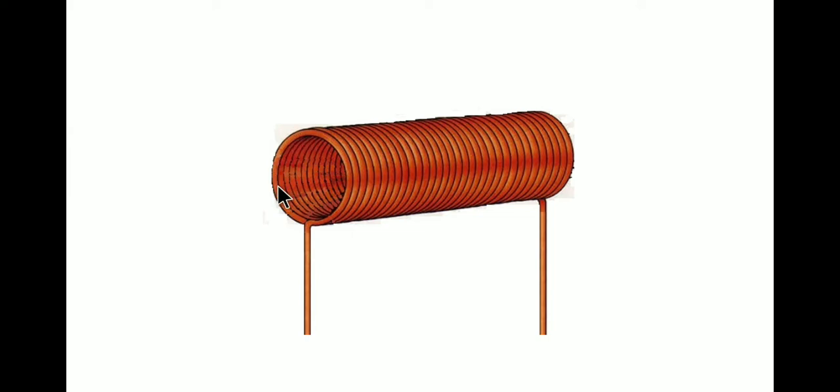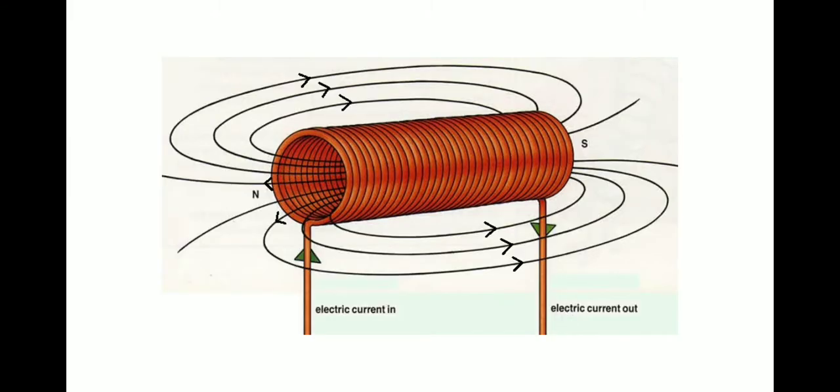Similarly, if this is the north pole, then at the other end the current will be flowing in the clockwise direction. Okay, so from this end, if you look at the current flowing through, it will be flowing in the clockwise direction. So this end will be the south pole. So once the current starts flowing from this end and comes out of the other end, this kind of figure will be seen.